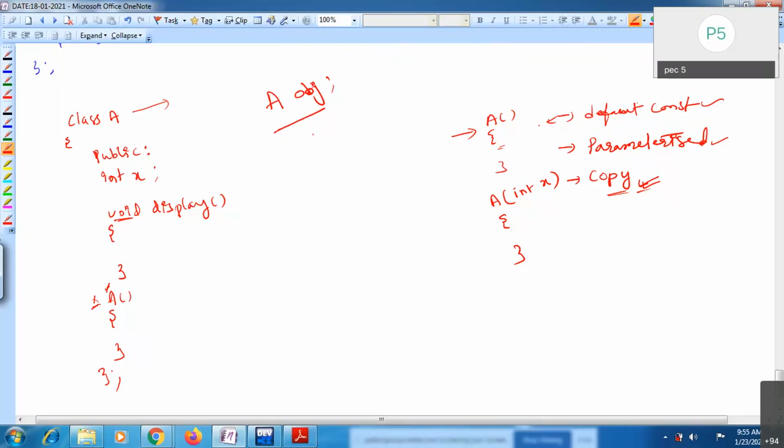Or if you are passing any actual arguments, the parameterized constructor is going to be called. That's why we write constructors inside the class, to initialize. These constructors are going to initialize your object. Initialization means giving some initial value to your data members.